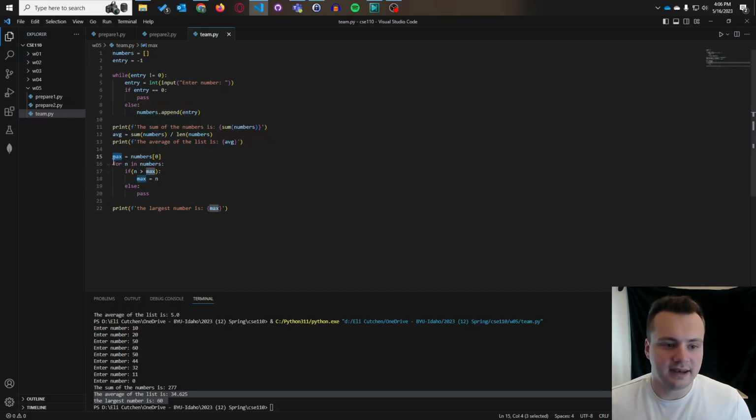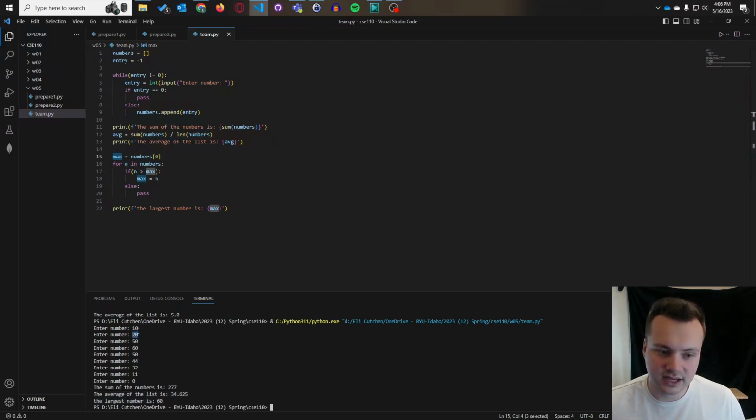variable. And then I just iterate through the numbers, and I check to see if this variable that we created called n is greater than the max number we already created. If it is greater than that, for example, 10. It goes to 10 first and says, 10 is the max number. And then it comes into this for loop and starts looping through, and it says, is 20 greater than 10? It is. Is 50 greater than 10? It is. And it keeps reassigning this variable max to be the highest number until it stops being the highest